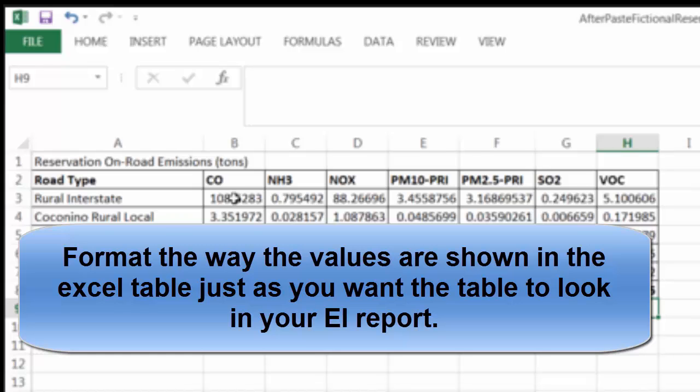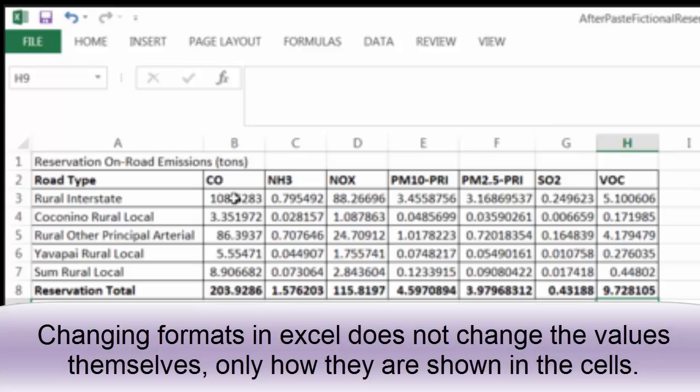What I want to do now is change the number format because this is too many decimal places and it makes it really confusing to look at. So I'm just going to change the number of decimal places to 2. So I'm going to highlight all these cells,